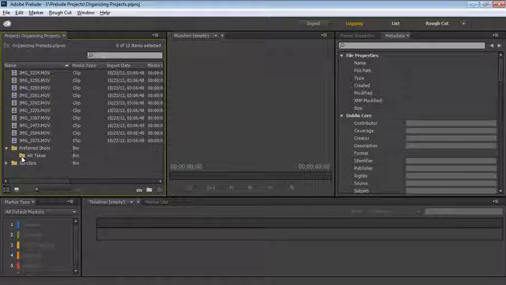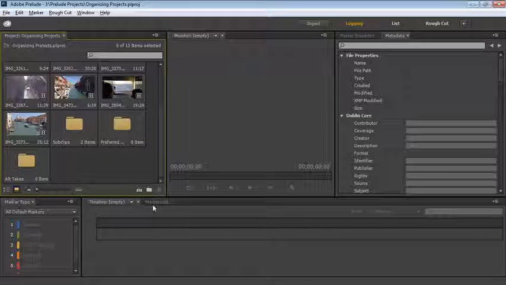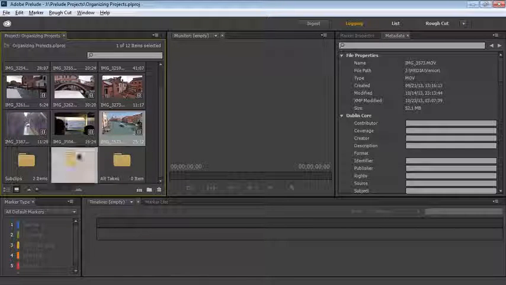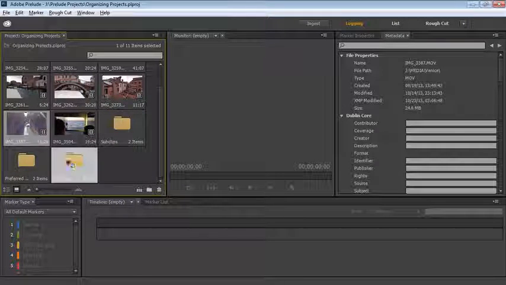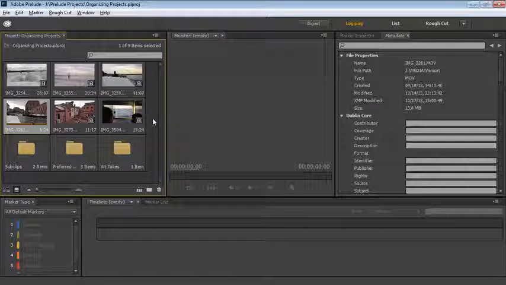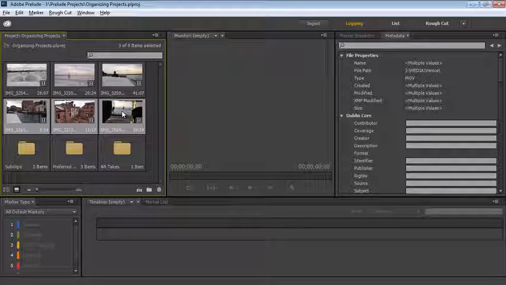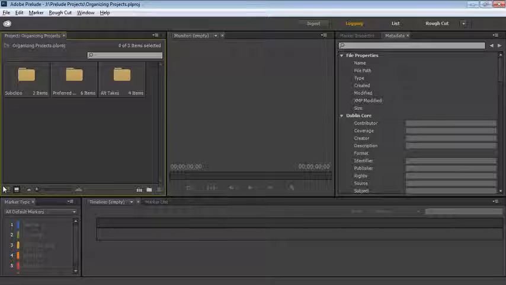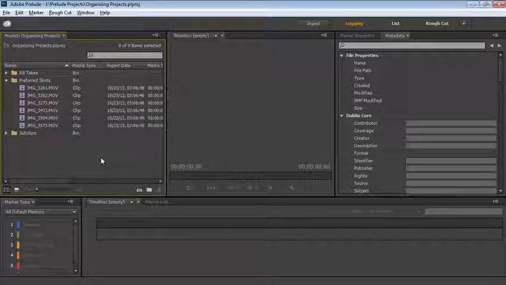I can just click away and drag down to pull it back out, and I suppose if I go back to my icon view I can say, yeah, I like that and I like that. I'm just dragging and dropping. This is my alt takes and preferred, and maybe I'll make a list selection with the shift key. Those are preferred, and these are alt takes, although I do quite like those shots of the sea. So now I'm in a position to begin really working on this content.